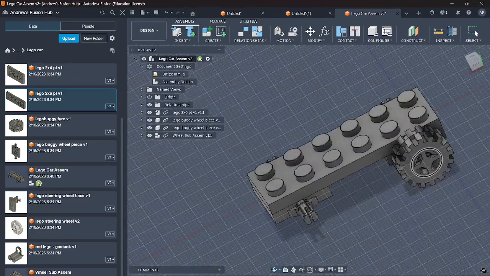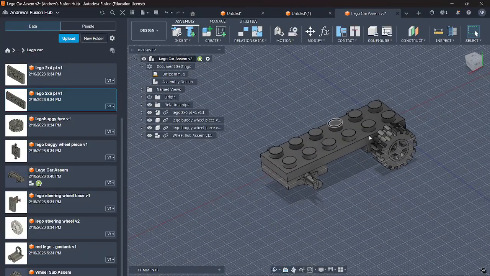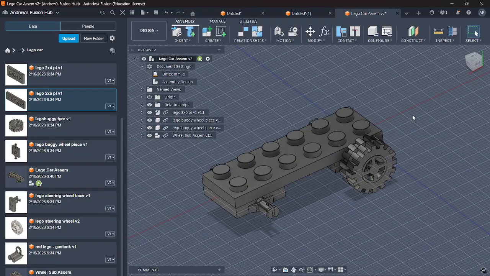But yeah, I'll kind of give everyone some time to do this. Sometimes it can be a little time consuming. I think the assembly tools have gotten a lot better since I first started teaching this class. So hopefully it takes a little bit less time for you. But yeah, I'm gonna get really good at this because